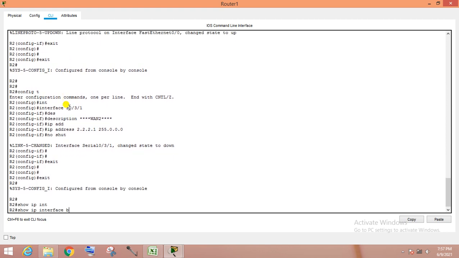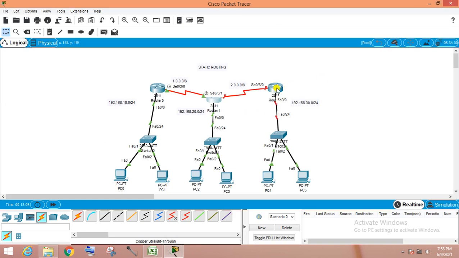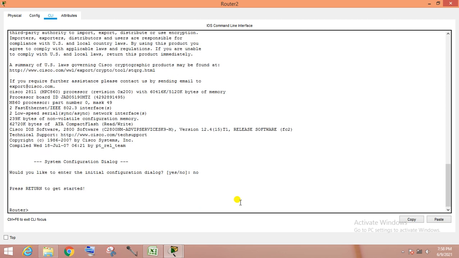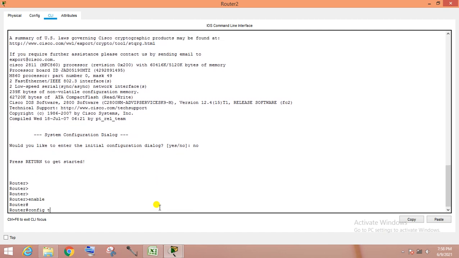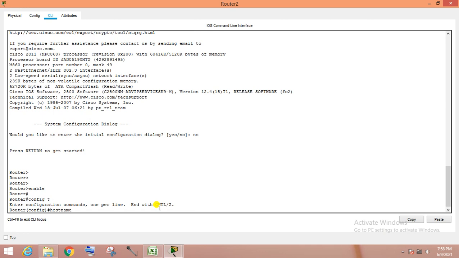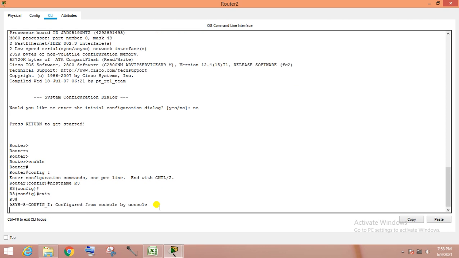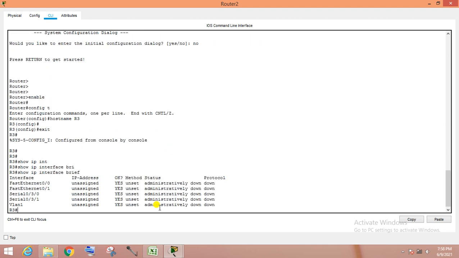So show ip interface brief, okay. Now we have to go to another router. Same thing we have to do here.